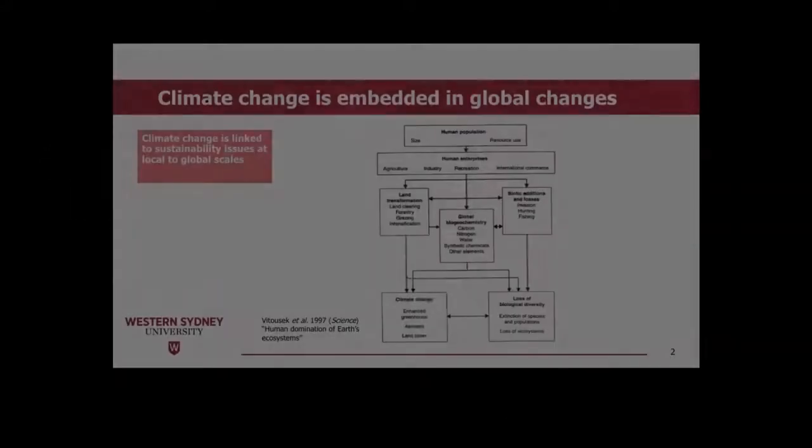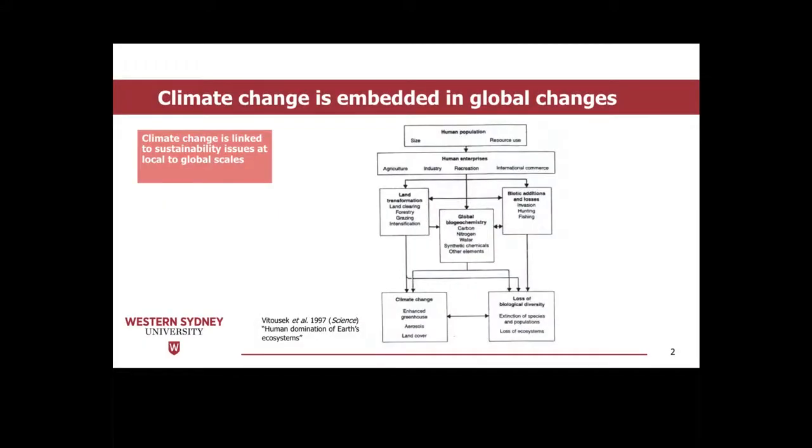So let's begin. First, we should consider the fact that climate change is ultimately linked to a range of sustainability issues. These include increased use of our natural resources to meet the demands of a growing population, the expansion of industry, and the globalization of trade and commerce. All of these drivers increase pressure on our native and managed ecosystems and the services they provide, including climate services that maintain a self-sustaining and regulated climate. Put simply, the outsized influence of human activities is increasingly altering the way our planet functions.